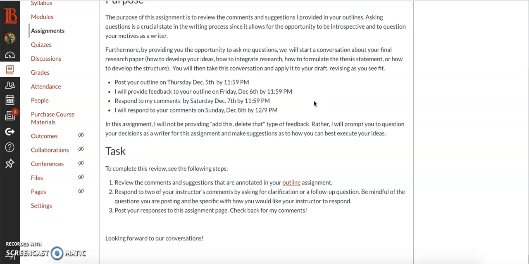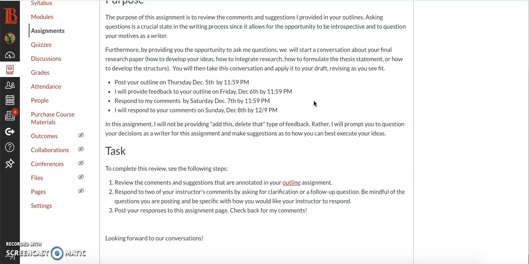So overall, the original comments that I'm going to be making in your outline assignment are going to have to do with: is your thesis statement clear? Are your topic sentences individually supporting the thesis statement? Is the research you're providing making sense to be in that paragraph? Are your paragraphs unified? And is your essay overall looking like it's going to meet the requirements? These are the kind of comments that I generally give your papers overall.